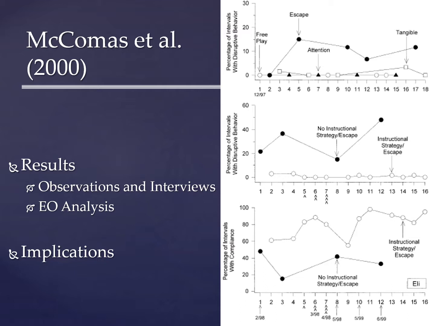Now, the EO analysis for confirmation of those hypotheses. Note that this type of analysis is also called an A-B functional analysis, since only the antecedents are manipulated while the consequences are held constant. A traditional functional analysis would be an A-B-C functional analysis, since both the antecedents and consequences are manipulated in each